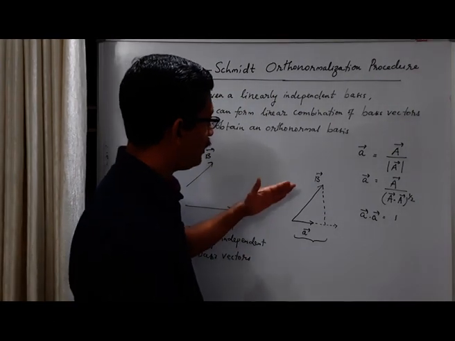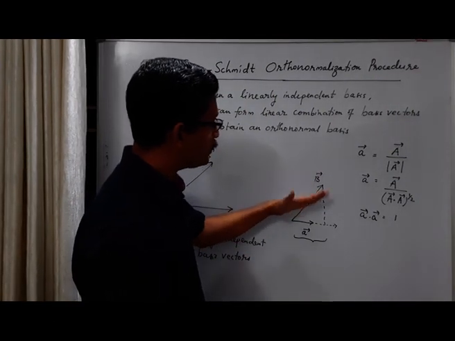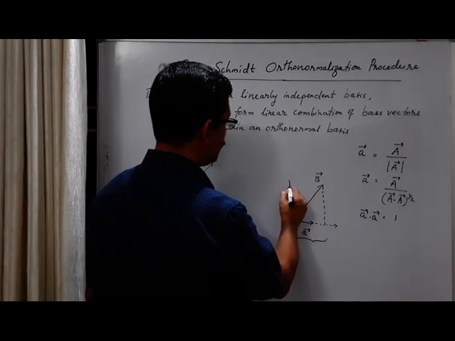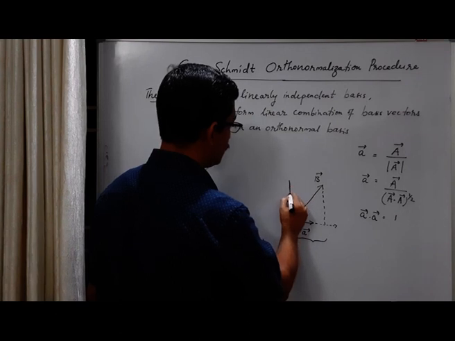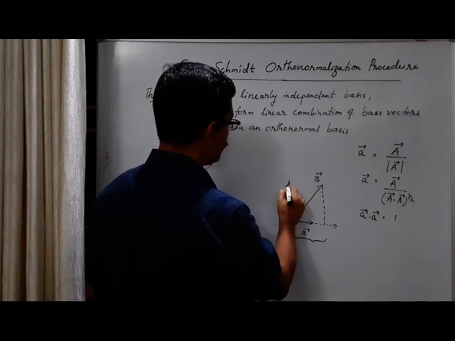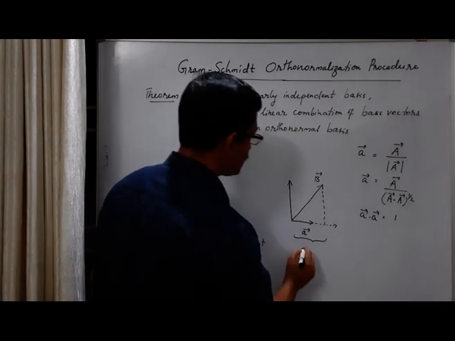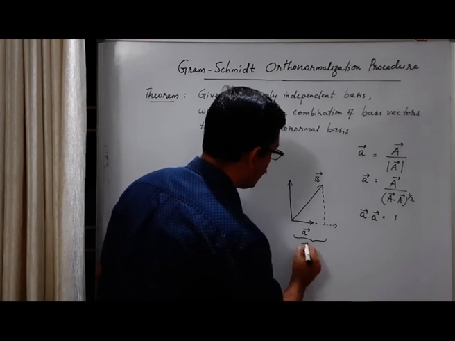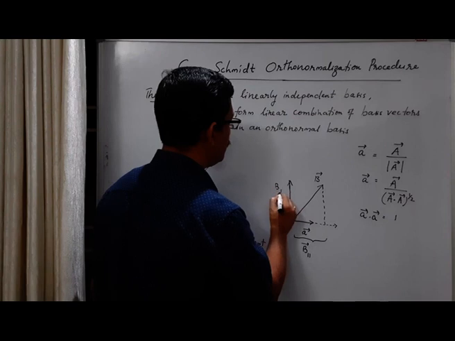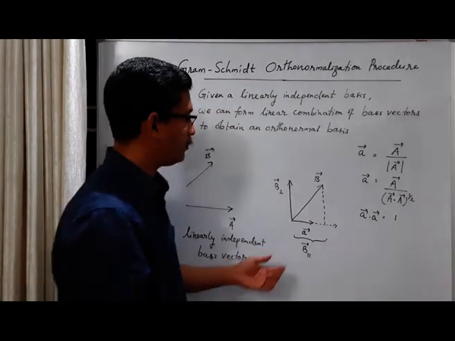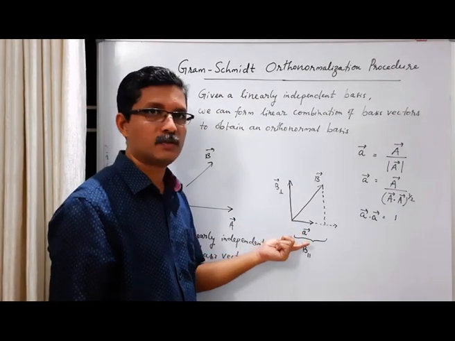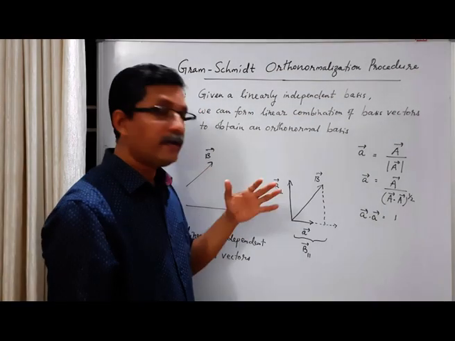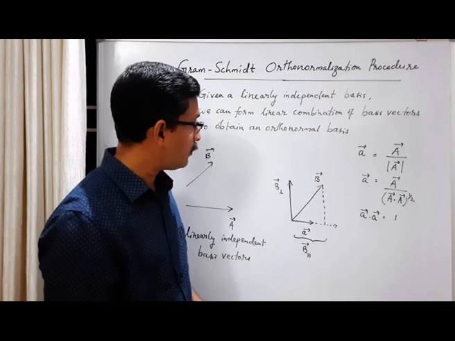Okay, so we have a part of B which is parallel to A and another part of B which is perpendicular. So we can say that this part is B parallel and this part is B perpendicular, parallel and perpendicular with respect to the small vector A. How do we take this projection?